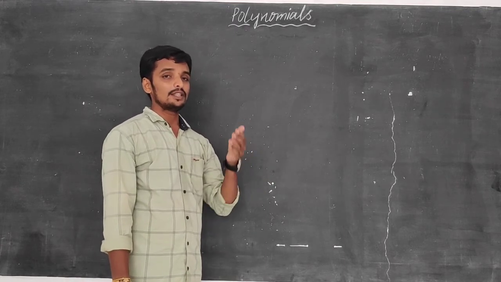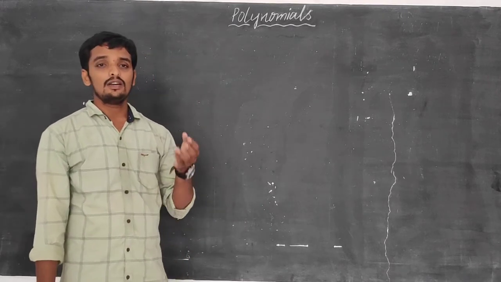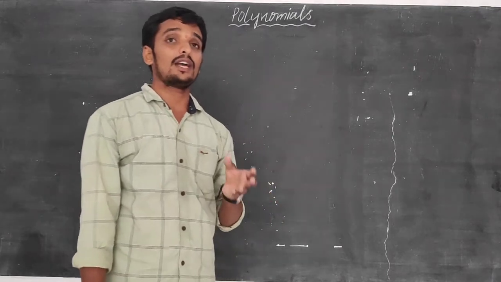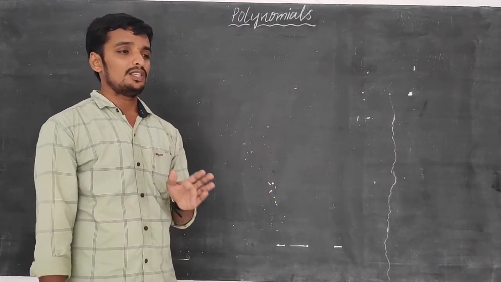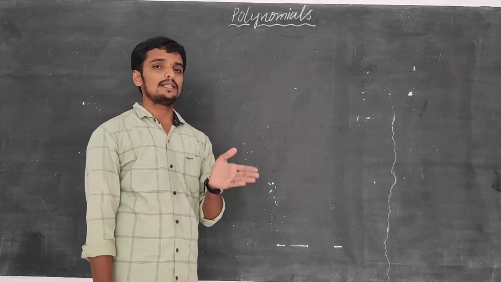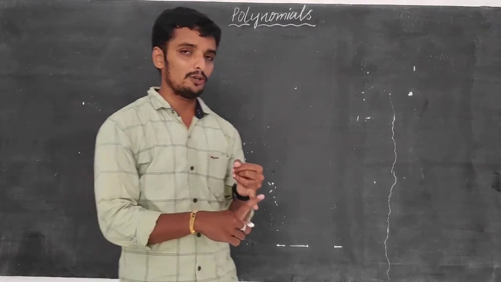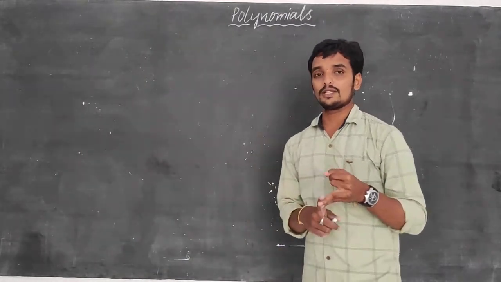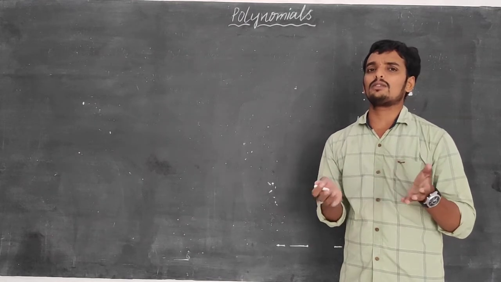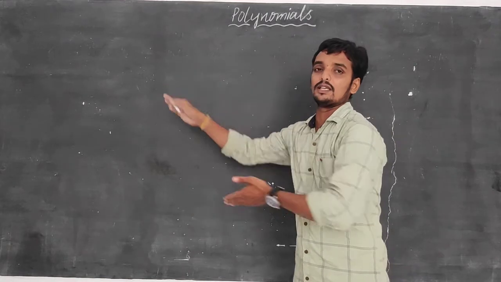Based on the degree, the types of polynomials, how can we add polynomials, and how can we find the LCM and HCF of polynomials? Actually, in our textbook, there is no introduction. They start directly from the LCM and HCF of polynomials. If you know the definitions of polynomials and the types of polynomials based on degree and terms, we can go to the chapter very easily.